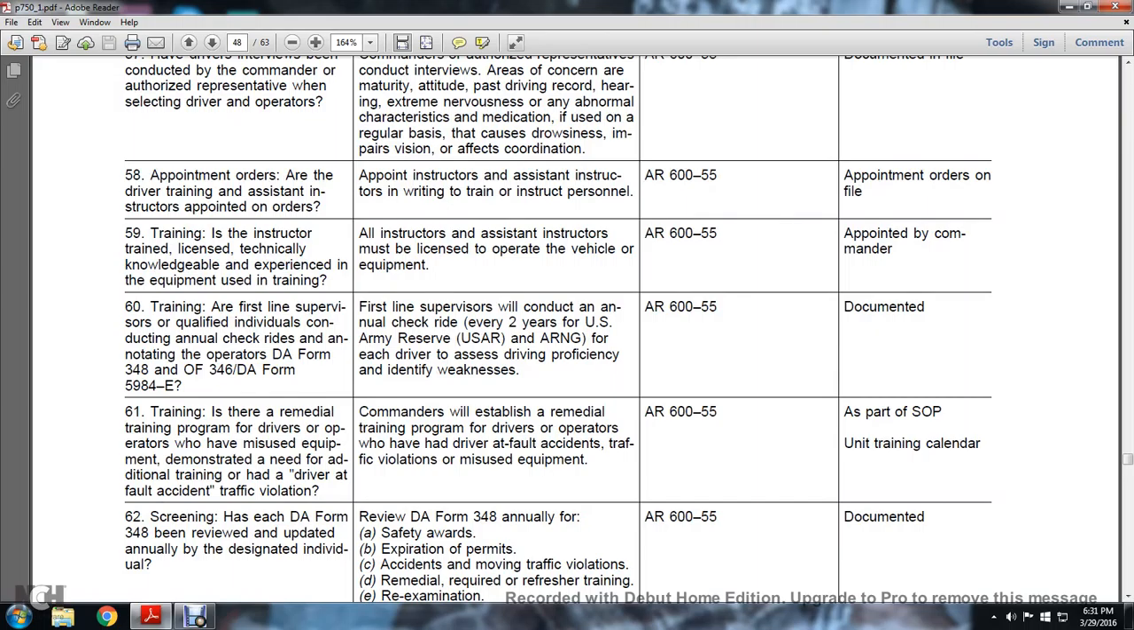Appointment orders. Other driving training assistant instructors are appointed in the orders. Appoint instructors to assist with instruction, training instructional personnel. AR 655 appointment orders on file. Training inspectors must be licensed, with technical knowledge and experience. All inspectors and assistant inspectors must be licensed to operate the vehicle or equipment. AR 655: the commander appoints training officials, first line supervisors, and qualified individuals conducting annual check rides and noting the operator on